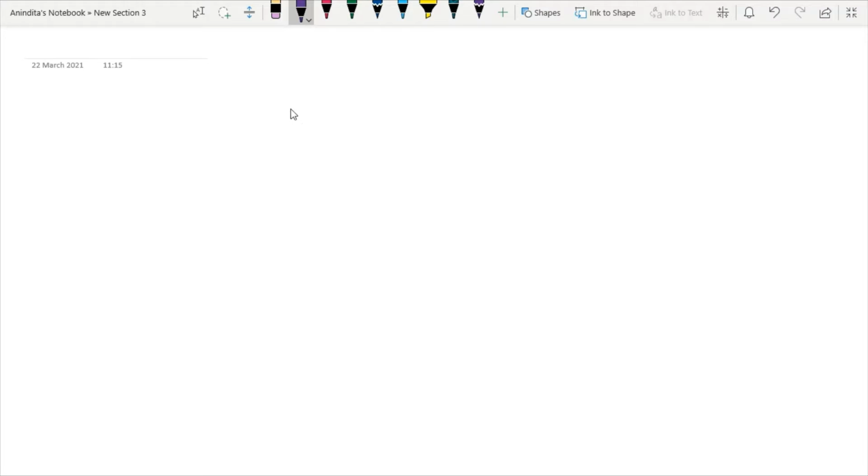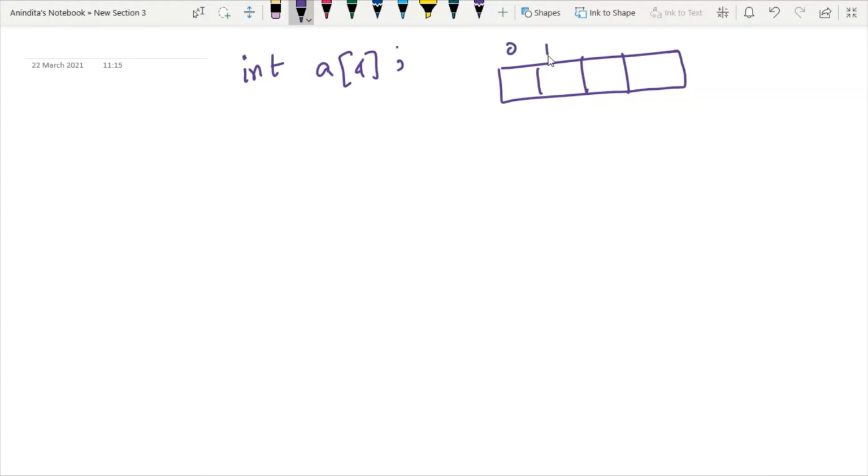Say I have an array, int a of 4. It will look like this. This is the memory allocation: 0, 1, 2, 3, and the name of the array is A, and these rooms are known as A of 0, A of 1, A of 2 and A of 3.